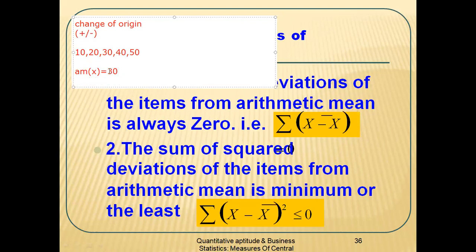Now change of origin says to add a constant number or subtract a constant number for each observation. Constant number means the same number should be there. So let me write d equals x plus a constant number. Now can anybody tell any number? The first person, first preference always. Whatever he says, I'll consider that. Okay, 2. So let me add 2 for each observation.